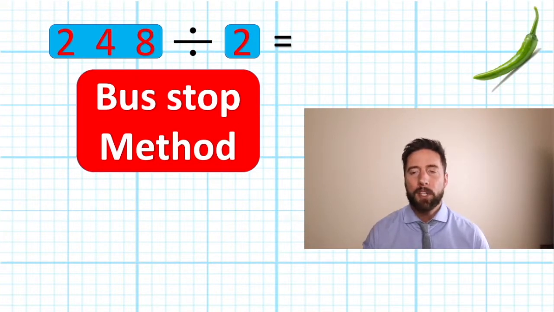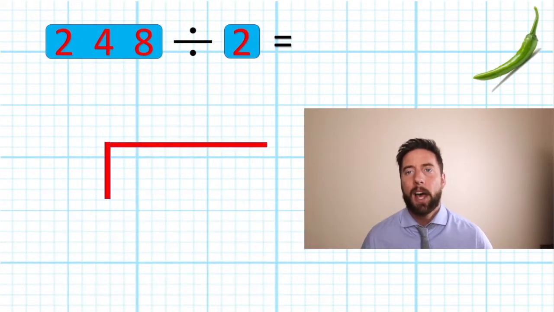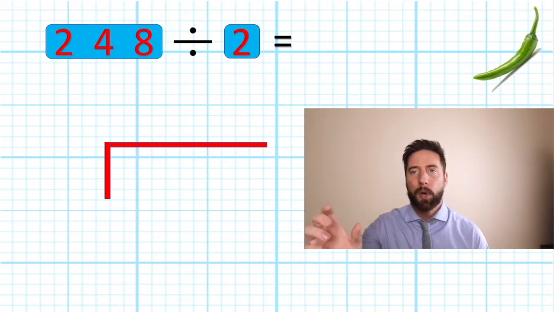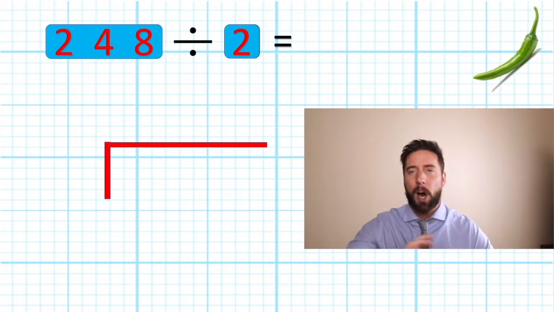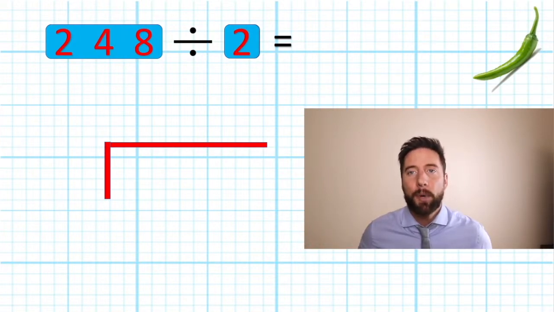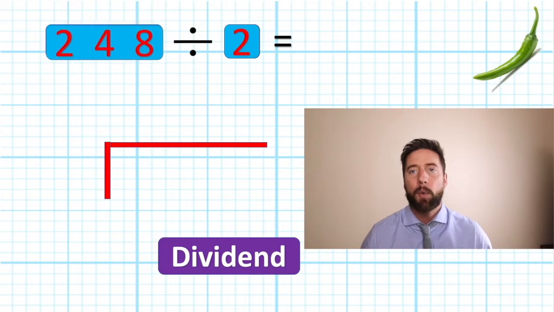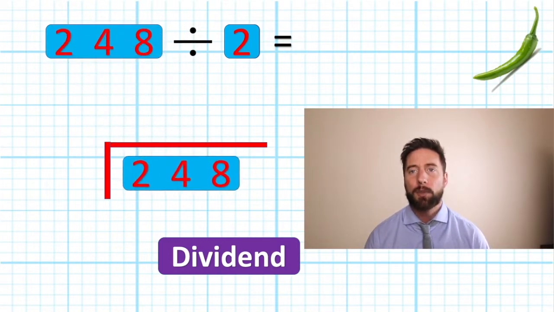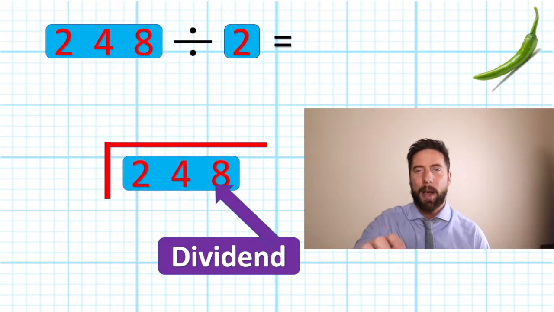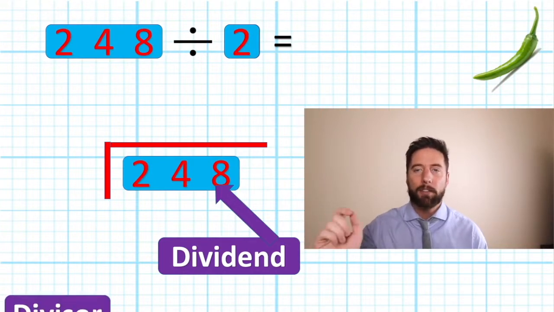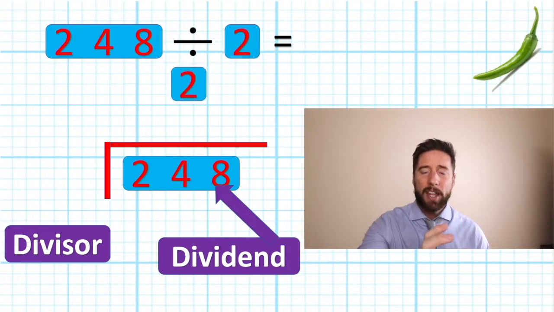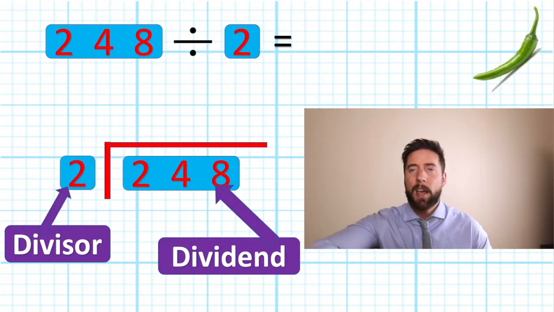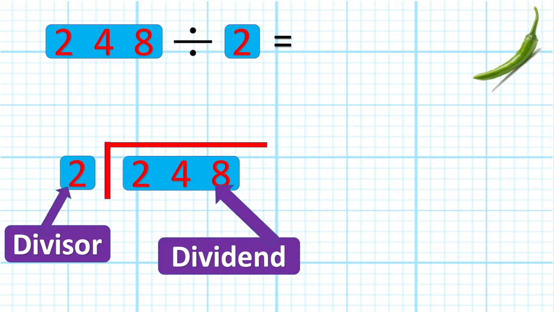Now, we call it the bus stop because it looks a little bit like a bus stop. Before we can start, we need to know where we are going to put the parts of our question. So I'm going to put the dividend, which is the big number, the number we are trying to break up and share, inside the bus stop. So I'm going to put my 248 inside my bus stop. Now I'm going to put my divisor on the outside, the small number, the one we are sharing the bigger number into. So my question now looks like this. How many 2's are there in